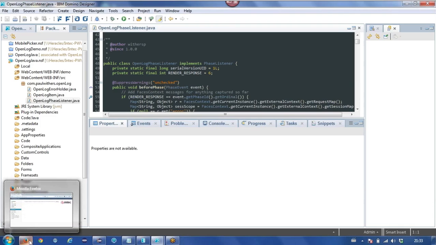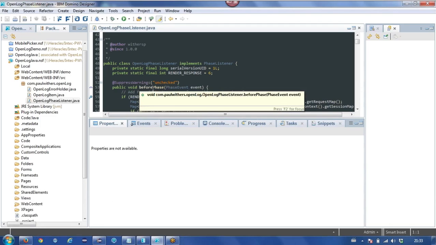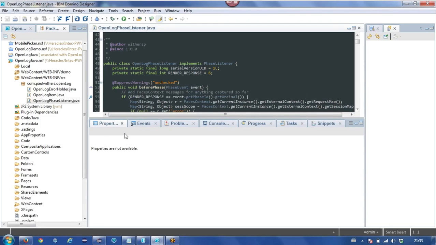Now, the other important thing is that when you then go across to your browser, make sure that your focus is left on Designer rather than the Notes client, because they're shared. The debug perspective will start up in whichever one last had focus, and you have fewer options available in the Notes client.